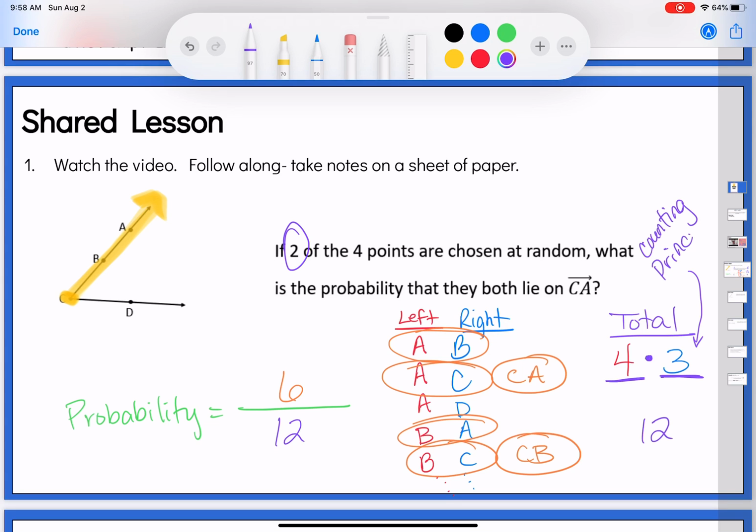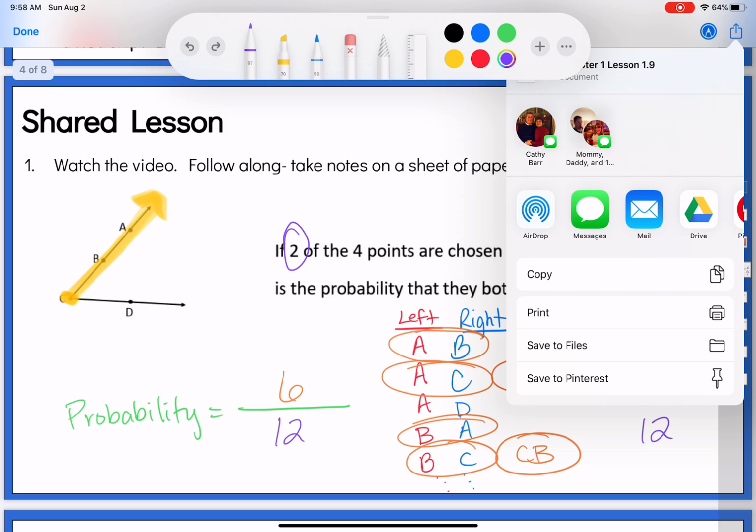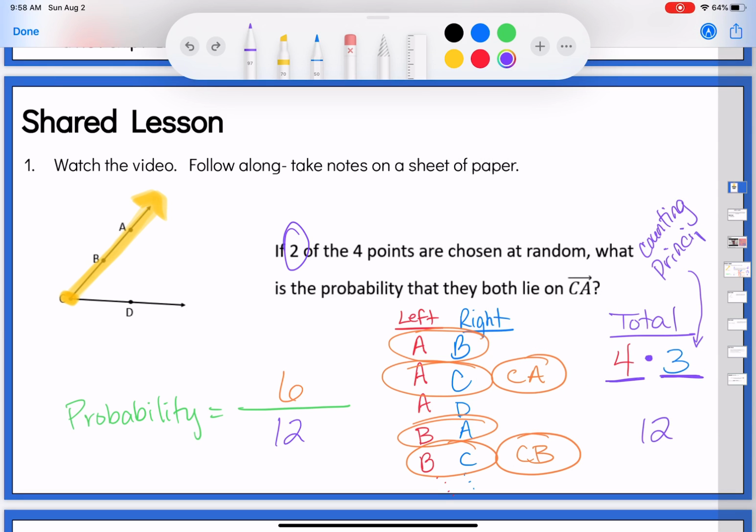I don't know why they call it the counting principle. Sometimes they call it the multiplication principle, but that's what it's called in probability. And so that's a really good time saver. I think I just spelled principle wrong, but you get the idea. How about with a P instead of a B? There we go. So that's a really good time saver, is to figure out that way how many options for